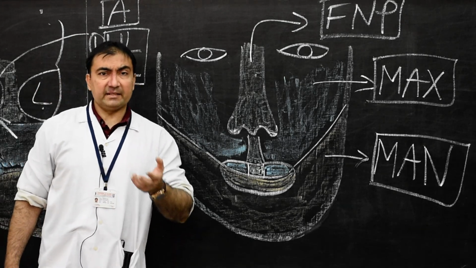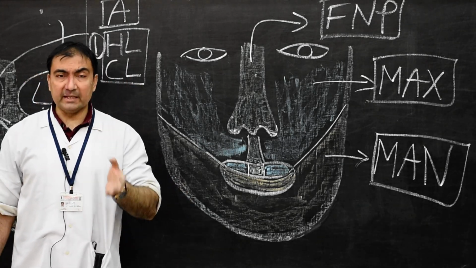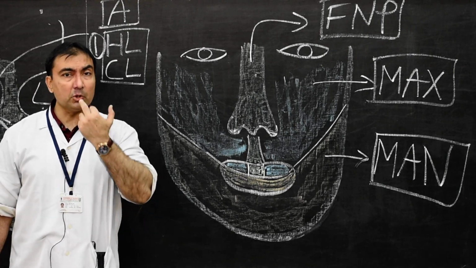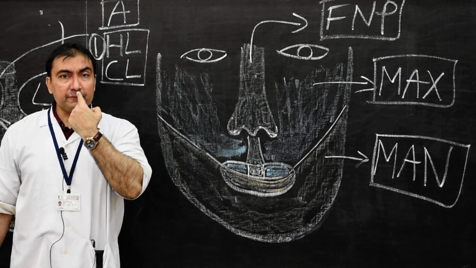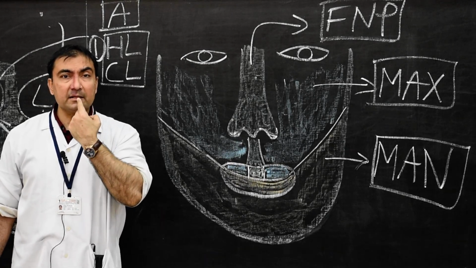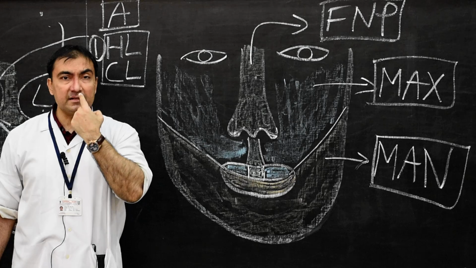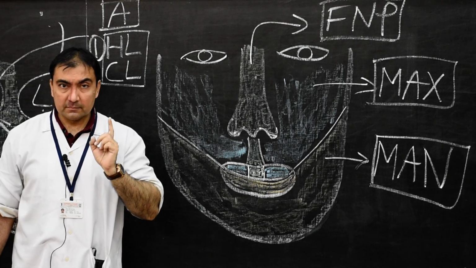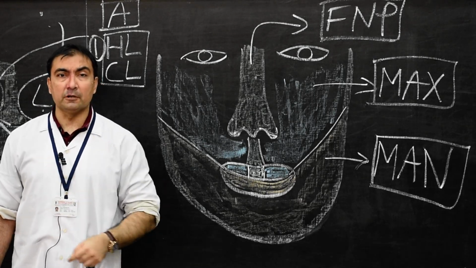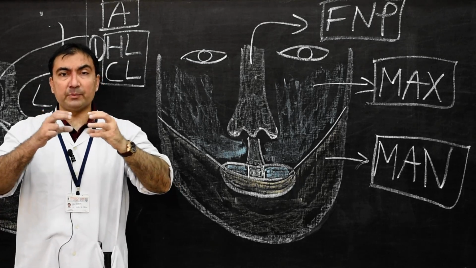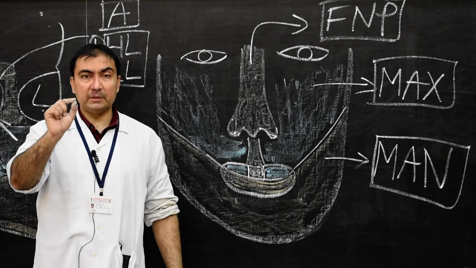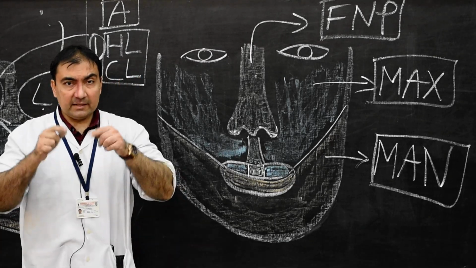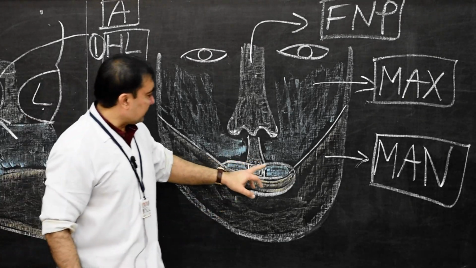Normally the hares, rabbits, have a cleft in the upper lip. So therefore this hare lip or cleft lip in human beings is more common in upper lip than in lower lip. But here also, if the hare lip or cleft lip is present in the median plane, central cleft lip, that is because of non-fusion of the 2 globular swellings of median nasal process, MCQ or 1 mark question answer.